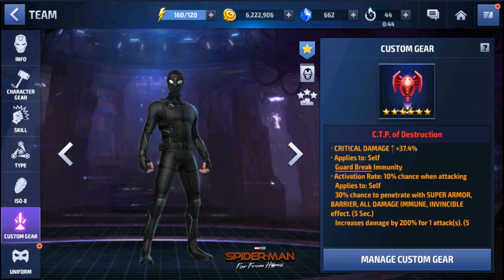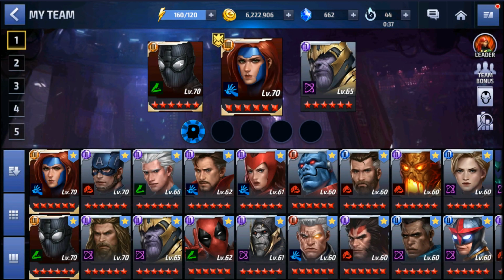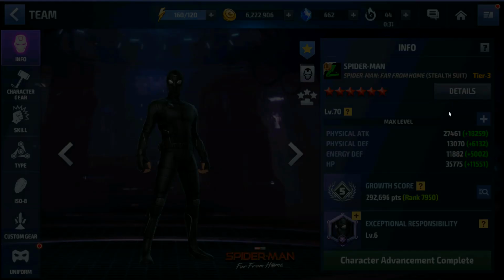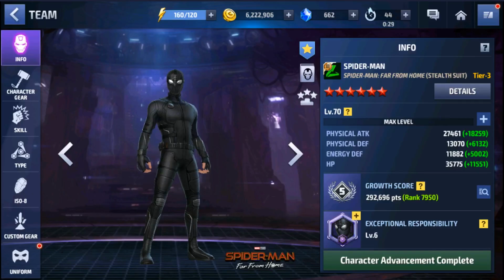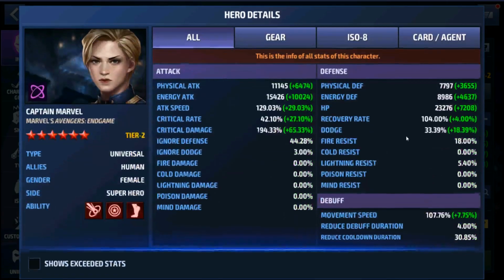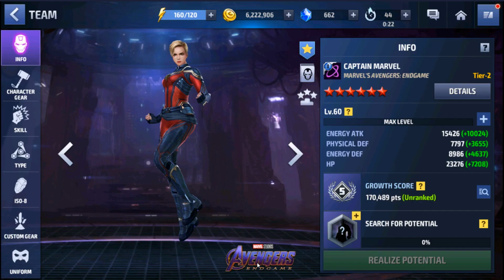And you know he doesn't have much pierce or penetration, so you will be needing to put CDP of destruction on him, which keeps him very vulnerable on the defensive end of things. He relies mostly on his dodge, which is his main stat for survivability, but characters with enough ignore dodge, especially Captain Marvels, with a good amount of ignore dodge, and